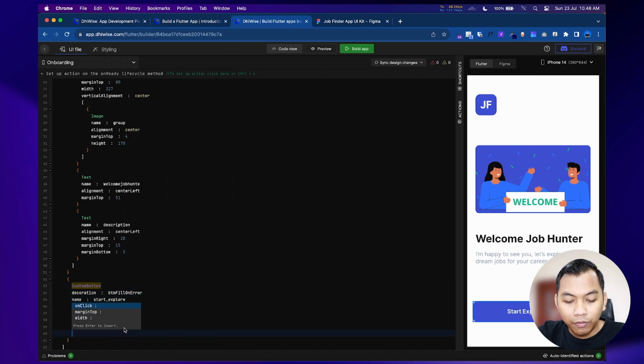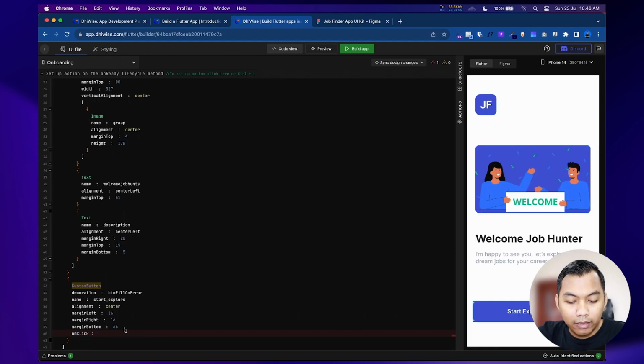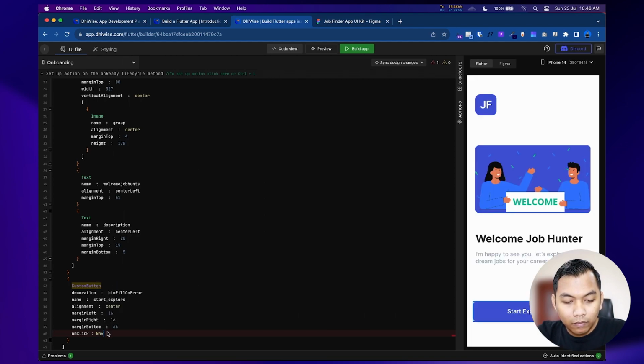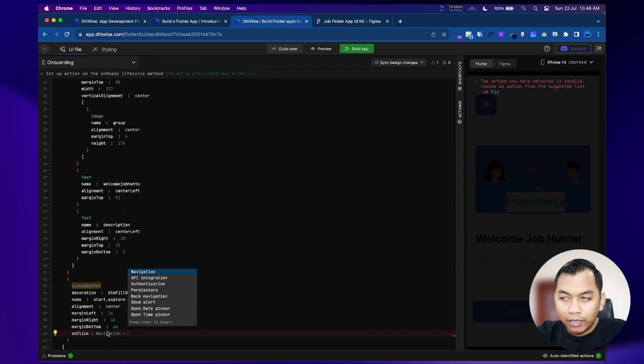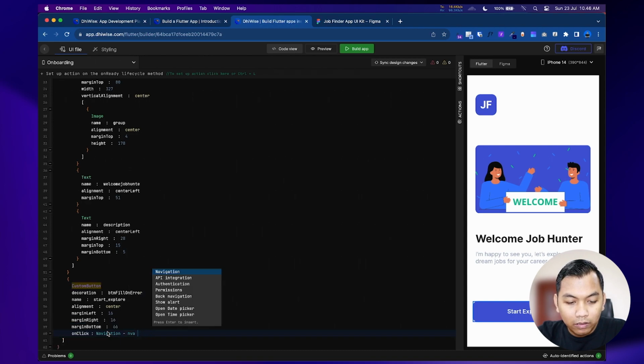Here we can add an onClick, and we will say navigation, then dash, and we give a name to our method, let's say navigate to home.